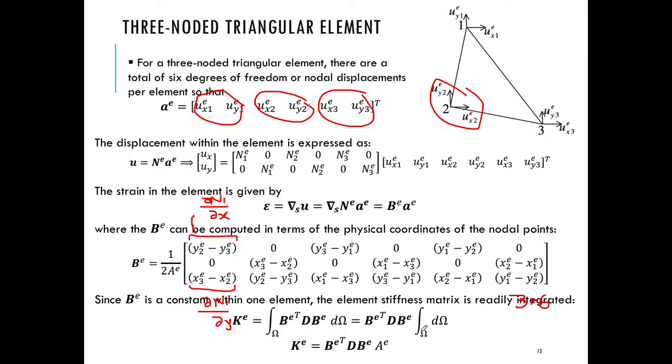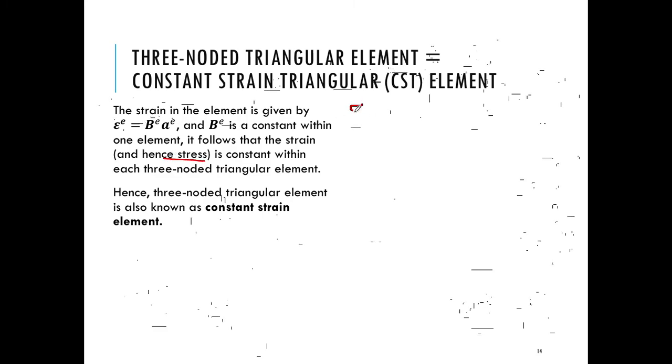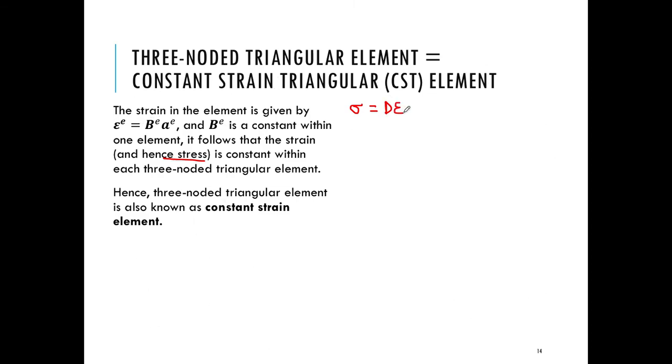Okay, one last comment on our three-noded triangular element, which is that if my B matrix is constant, and a, the nodal degrees of freedom, is constant, then that means that my strain in the element is constant. And if the strain is constant, then the stress is constant. Why? Because I know that sigma equals D times epsilon. So if B is constant, then the strain is constant, and if strain is constant, then the stress is constant, such that this particular three-noded triangular element is very commonly referred to as the